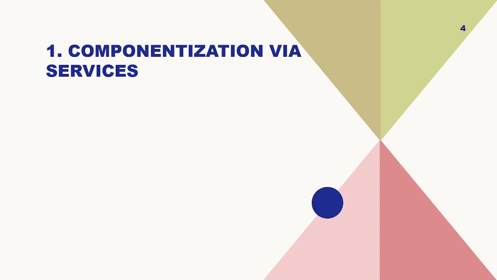Now, let's talk about the nine attributes of microservices. First is componentization via services. So first of all, we need to ask what is componentization via services? In microservices,